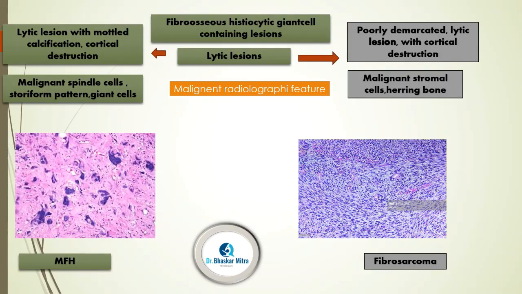Now comes the fibrohistiocytic lesion, a giant cell containing lesion with a malignant radiographic feature. There may be lytic lesions with mottled calcification and cortical destruction, giving rise to a malignant spindle cell storiform pattern of giant cell tumors. And in the other part, there is a poorly demarcated lytic lesion with cortical destruction. These are the two: one is the MFH, another is the fibrosarcoma, showing the herringbone pattern characteristically seen in